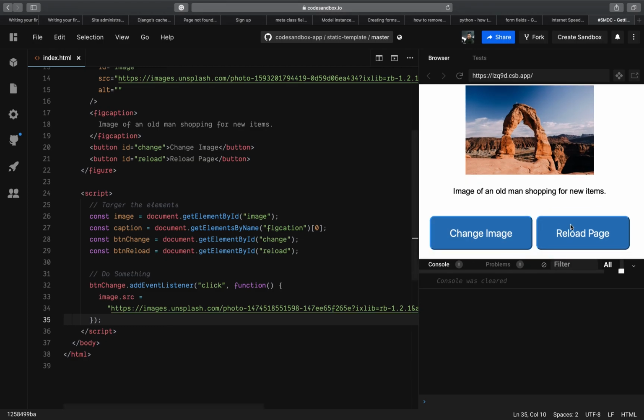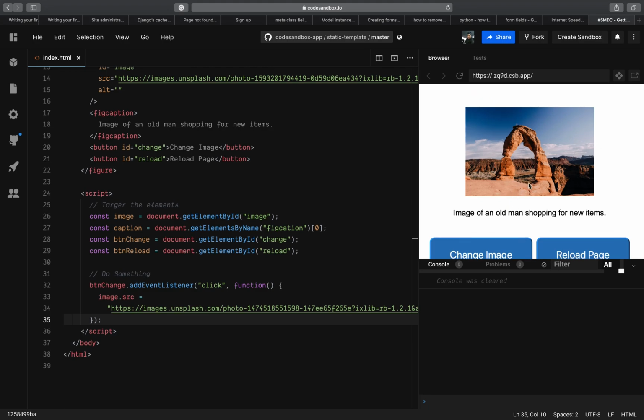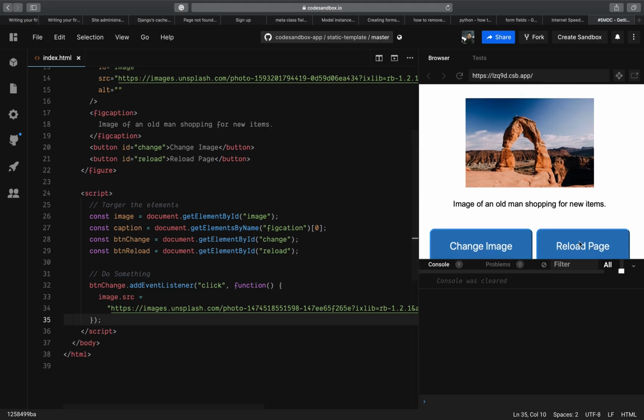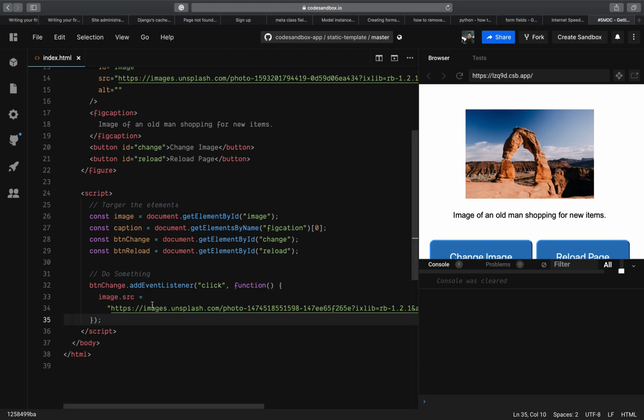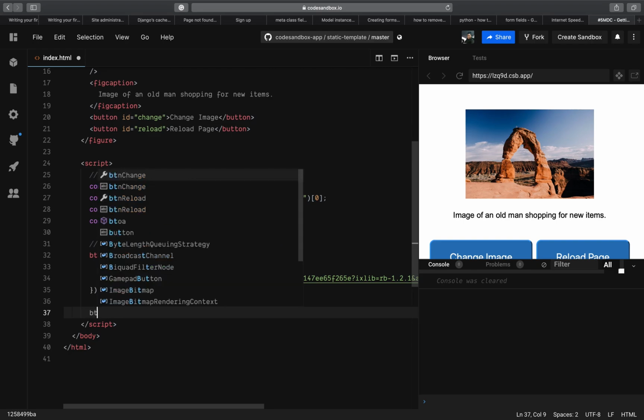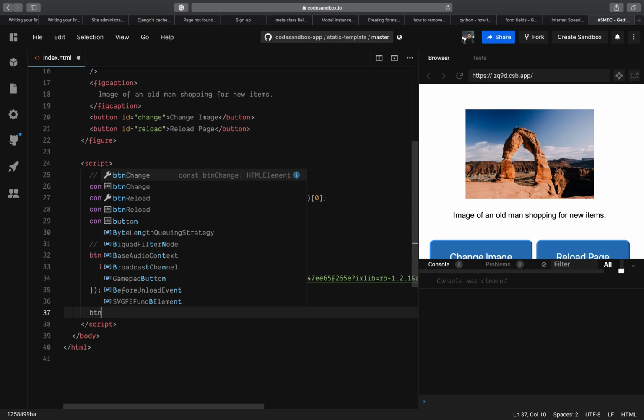But there's really no way I can return the image to the previous one. As you can see, the reload button is not working. So what we need to do again is to target the reload button. And how do we do that? We just need to say btnReload